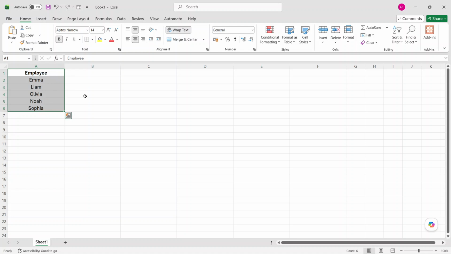Now let's set up the result area so your worksheet is easy to read. Click on cell B1 and type employee count. This will act as a label, making it clear what the result in the next cell represents. Next, click on cell B2. In this cell, enter the formula